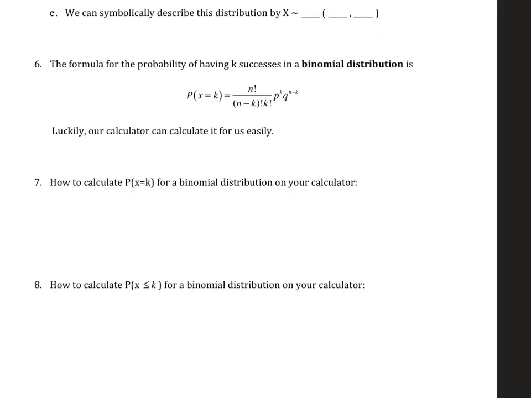All right, we're back at number 6. So here we talk about how to actually calculate a particular outcome. For example, if I toss a coin 10 times, what's the probability that I'm going to get only 3 heads? Because that's possible, right? So here we try to actually calculate the probability. There's this kind of crazy looking formula here. We're not going to really talk about it.